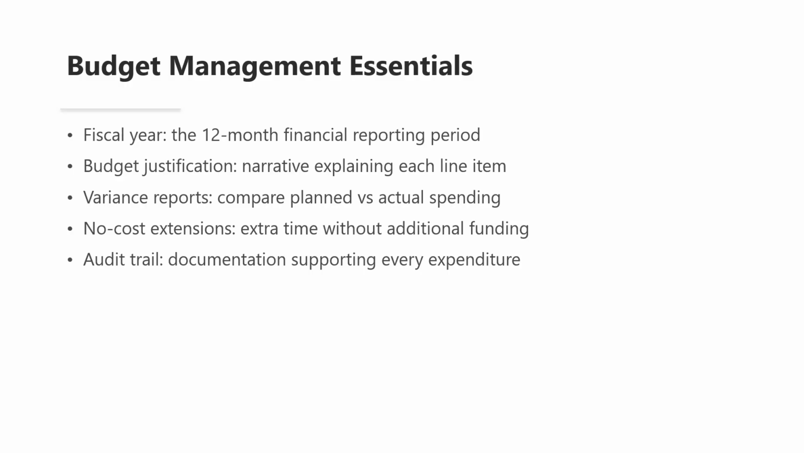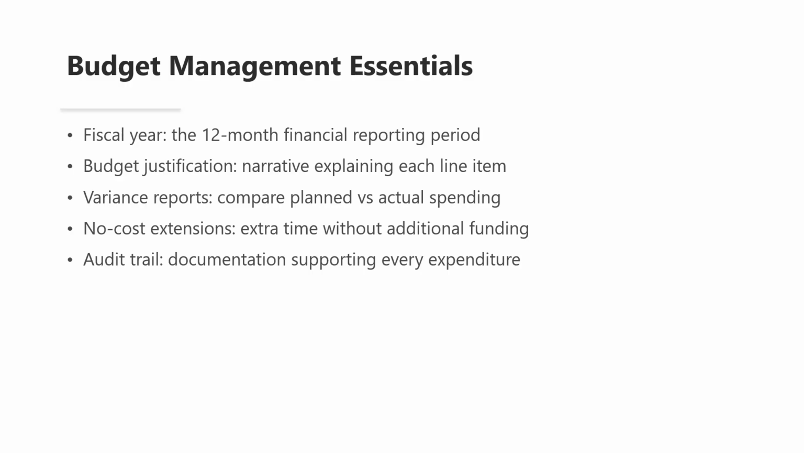A budget justification is a narrative explaining why each line item is necessary and how the amount was calculated. Rather than listing $10,000 for travel, you would explain the number of site visits, distances, and applicable reimbursement rates. This level of detail helps reviewers understand that your budget is realistic, and it shows that you have thought carefully